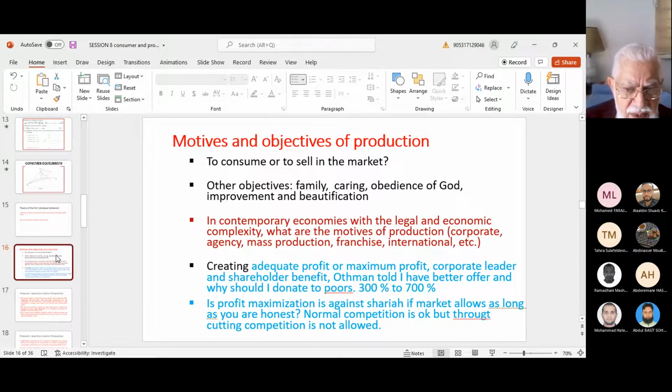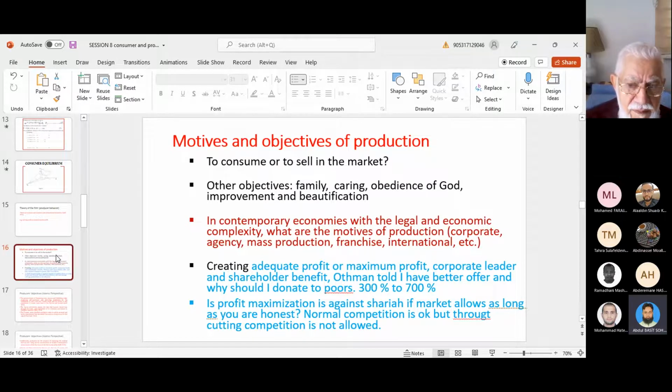The poor obviously does not have a signal in the market, and unless you give him, then he won't have any signal in the market. He won't appear. You don't see him in the market. So if there is a poor, definitely he has to be supported, helped through zakah, and if it is not sufficient, then beyond zakah, until his needs are satisfied. So what does that have to do with the prices?